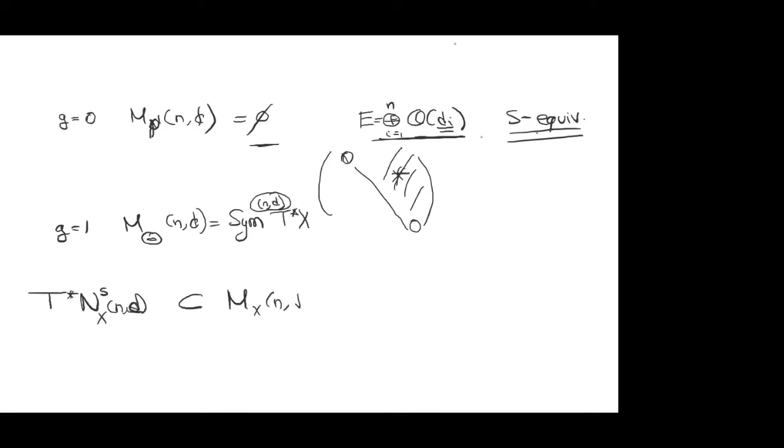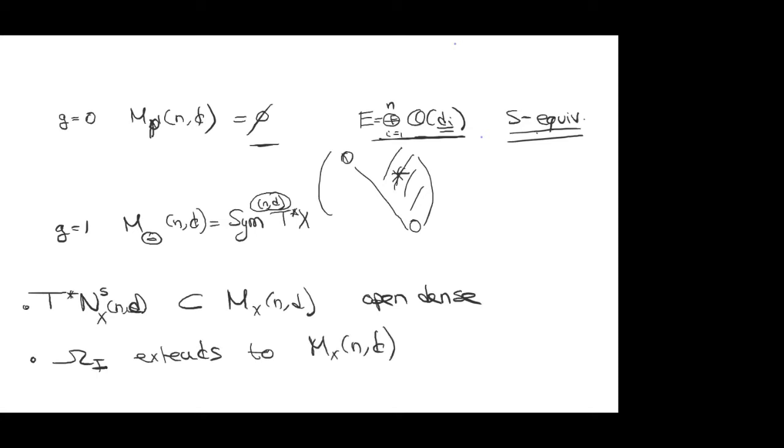So there's an open dense subset that's given by a cotangent space. And not only that, but the holomorphic symplectic form extends to the stable locus of the moduli space. And here it's worth noticing that the smooth locus contains more points than just the cotangent bundle. So an example